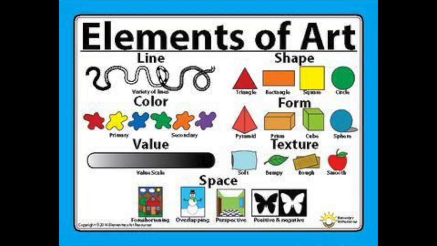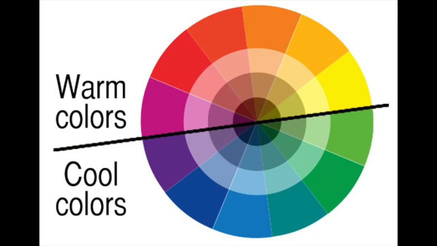Now, if you don't know which colours are warm and cool, you can come back to this part of the lesson and look again. Cool colours are green, blue and purple. Warm colours are yellow, orange, red and sometimes pink. I'm going to let you use brown or skin tones in both of your work today. So if it's in warm colours, you can still use brown, and if it's in cool colours, you can still use it. Maybe you'll do something in cool colours. Maybe your person will be moody and sad,